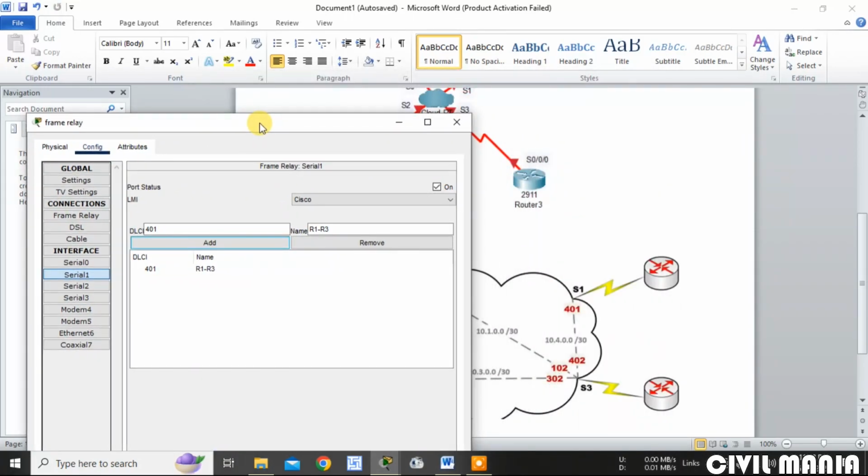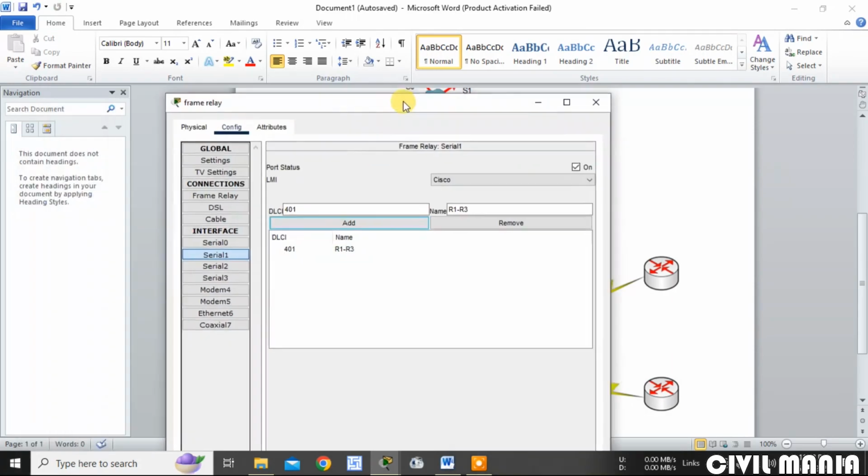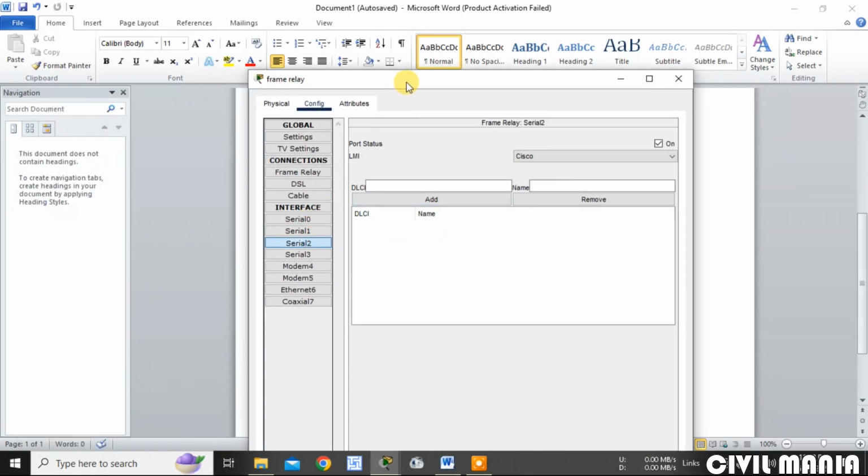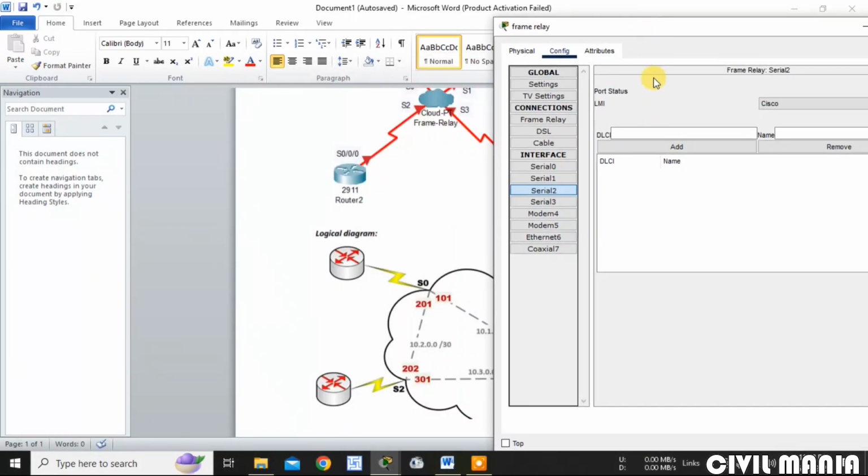Router 1 and router 3. Now let me go to the serial 2. In the serial 2, 202 DLCI, it is the connection between router 2 and router 0. 202 is the link between router 2 and router 0.